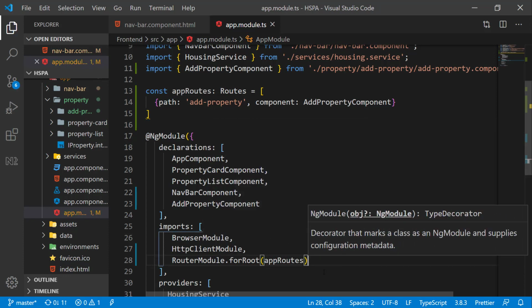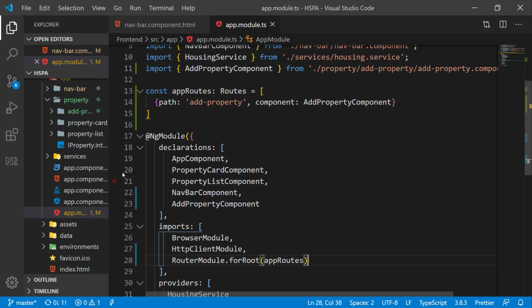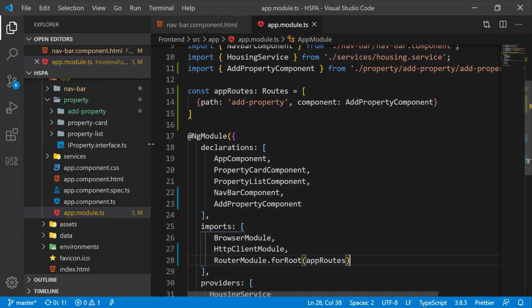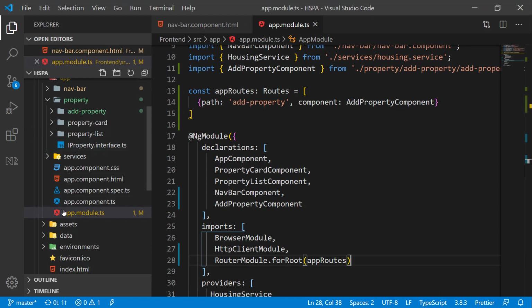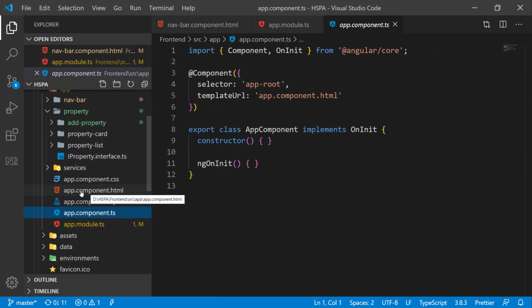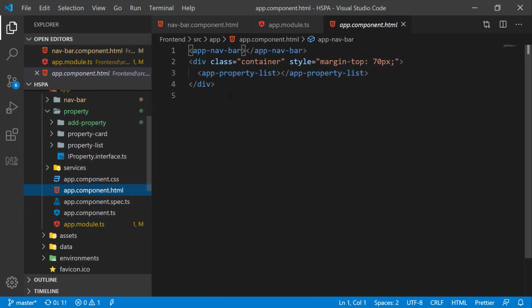So now our application knows that routes exist, but how will the application load this component dynamically on our index page? If you look at this app.component, that is our root component that is loaded in our index page. We need a way to load different components here. Angular provides us a directive named router-outlet for the same.